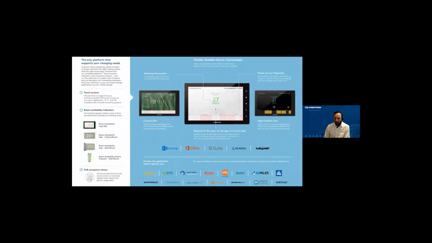So the room booking panel that you will see on the screen can either be in a 10-inch or a 7-inch or a 5-inch model. It has many modes of operation. You can customize that to a degree, and you can even put videos on it, and you can do a huge amount of customization on that. It will natively pair to availability light accessories, so a light bar, ceiling mounts, wall mounts, to enable you very, very quickly to look across your workspace and see whether or not a room is booked.